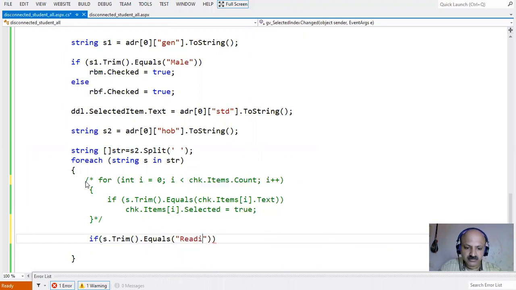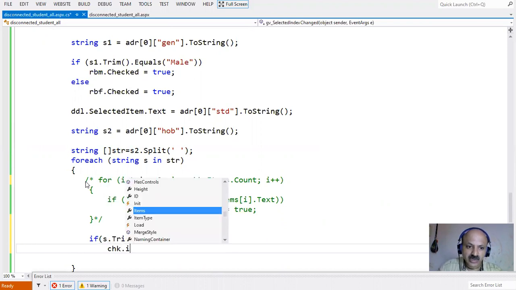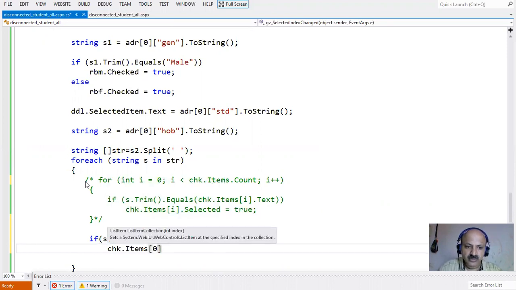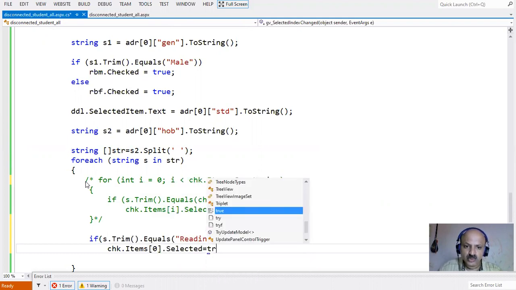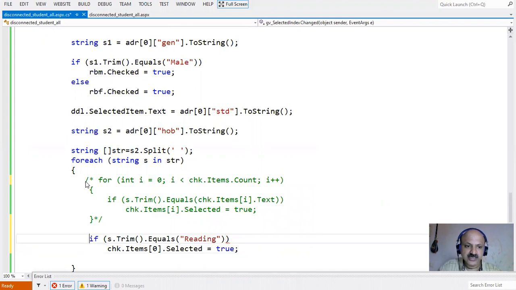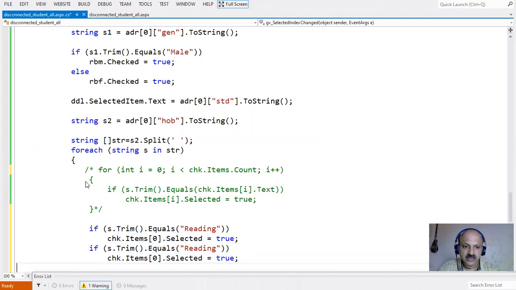So reading has to match exactly. So chk.Items[0].Selected equal to true. So individually we can do this, and I copy this if condition two times, because there are three checkboxes.